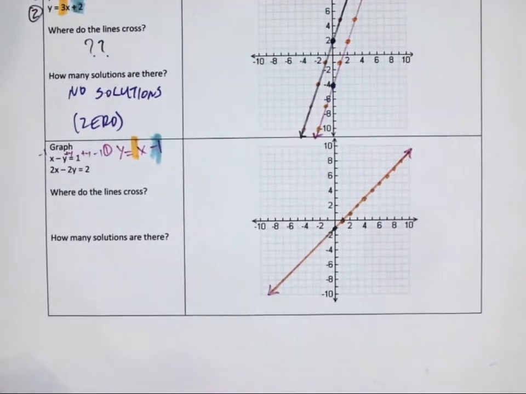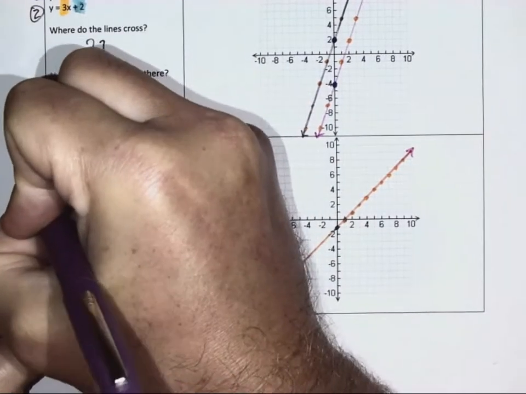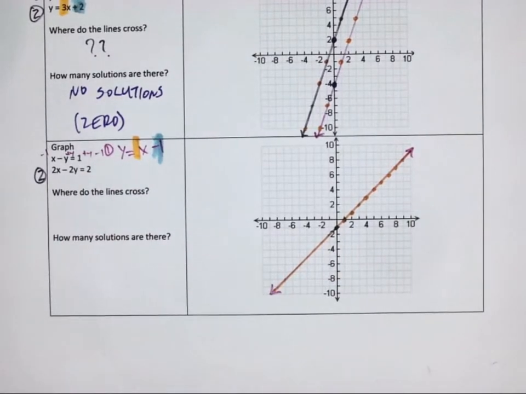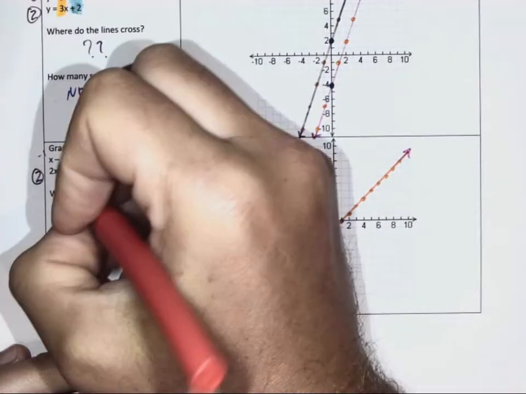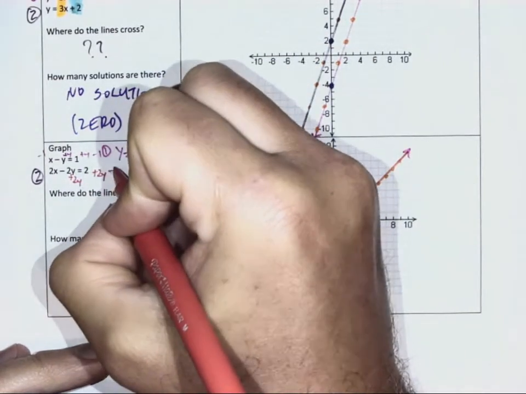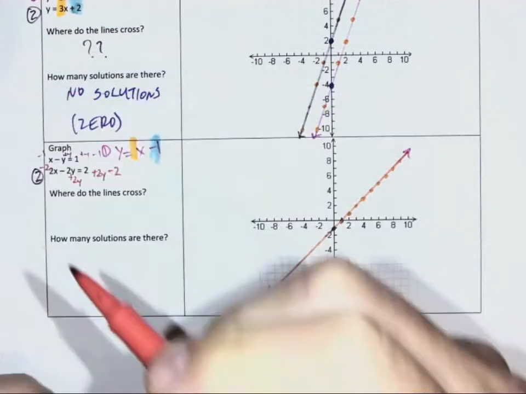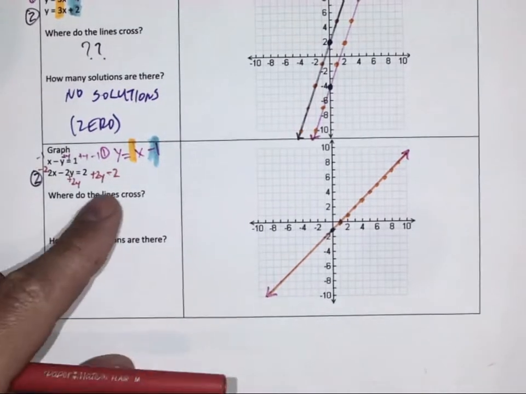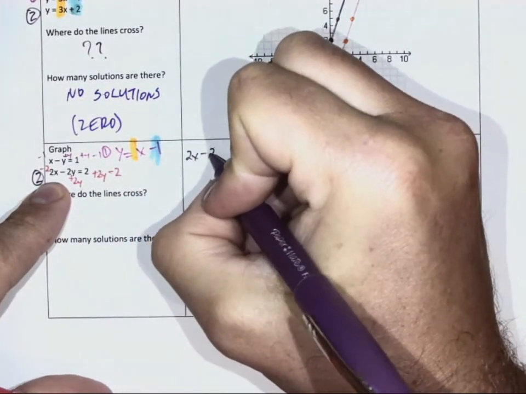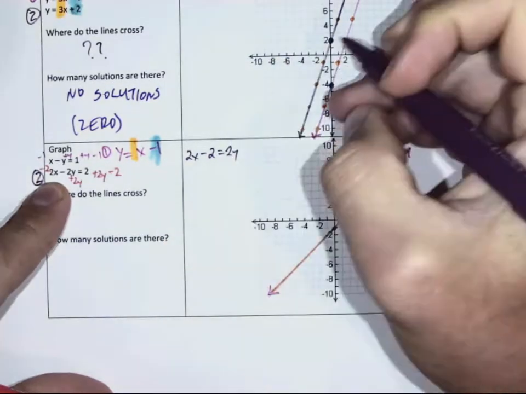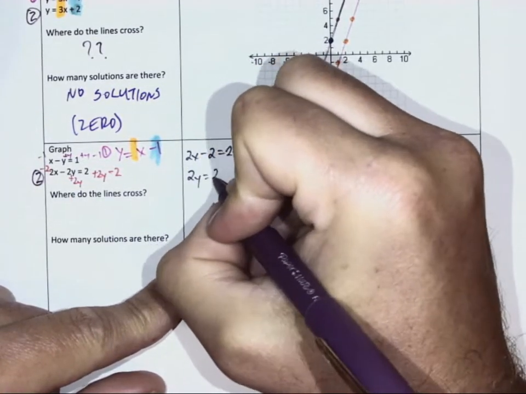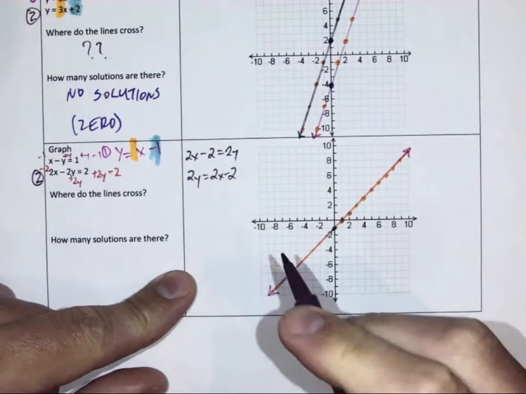Now, for equation 2, you do the same thing. I'm just going to use some of the space here. So if I look at rearranging that, it's the same thing. Maybe I'll add 2y to the right, add 2y to the left, take away 2 from the right, which means I'm going to take away 2 from the left. And that whole thing now is 2x minus 2 equals 2y, which again, left side equals the right side,